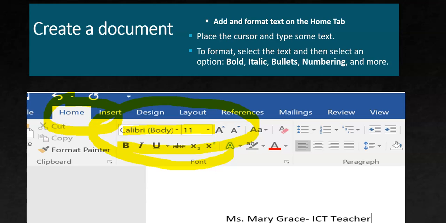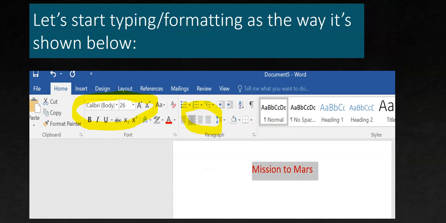In this particular Home tab, this is where you could format a lot of your text, and this is where you could also have the option to make your text bold, italic, and you could also have a chance to have your text in bullets or numbering if you really need it, but you will be discussing it next meeting. So for today, I'm asking you to type